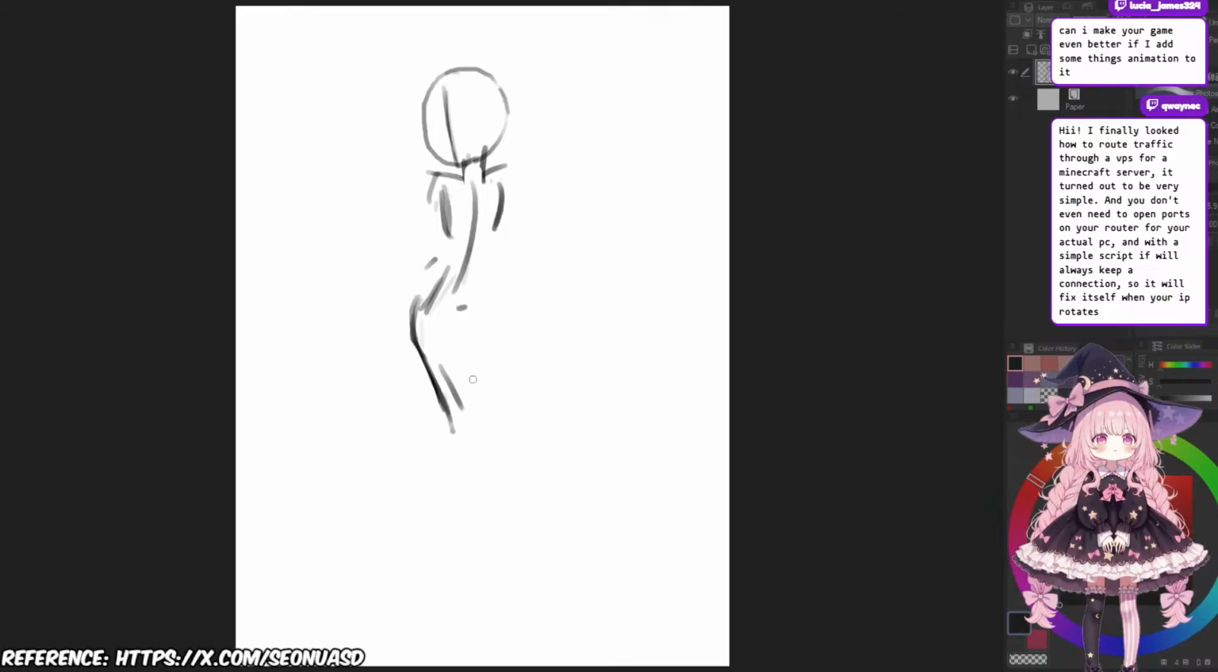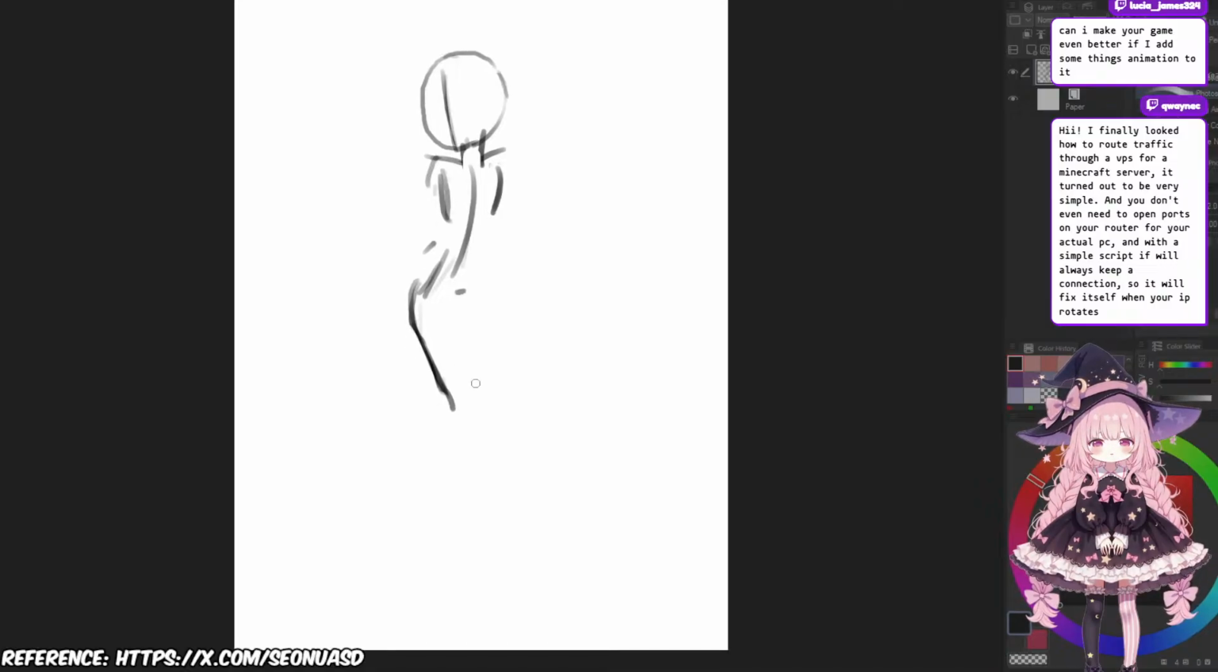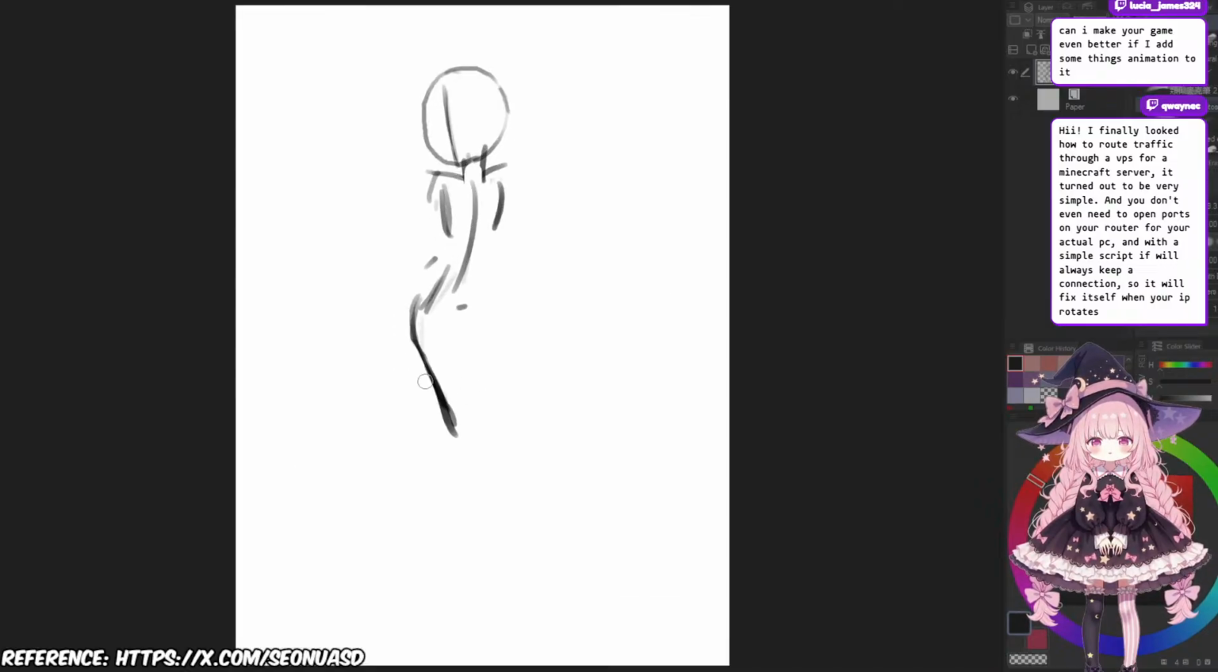Hey, I Oh, finally that's looked how cool. to route traffic through a VPS from Minecraft server. It turned out to be very simple. And Yeah, you that sounds don't even very need to good. open ports on your router for Thank you your for actual trying this PC. out. And with a And in simple fact, I think script, it that's will exactly always what I'm keep a gonna do as connection, well. so it will fix itself when your